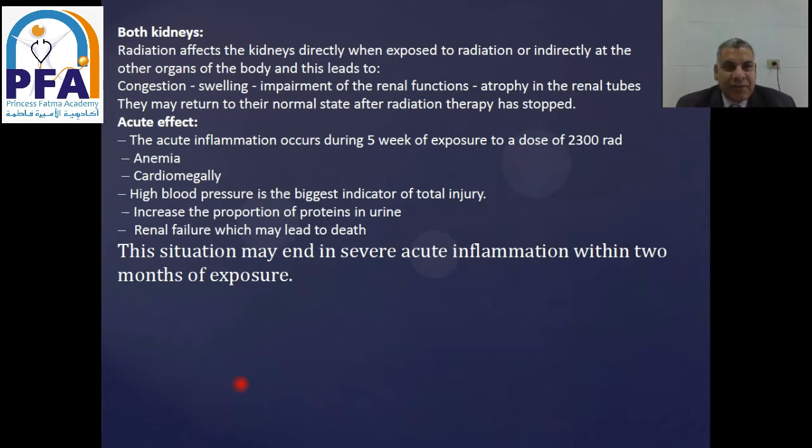Direct effect on the kidney is congestion and swelling, impairment of renal function, and atrophy of renal tubules, and it may return to normal or cause renal failure. Acute effect is acute inflammation during 5 weeks of exposure to a dose